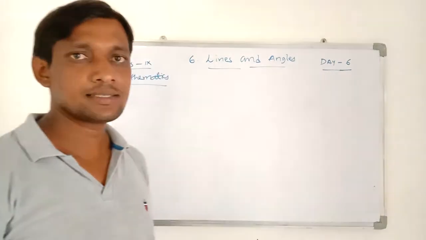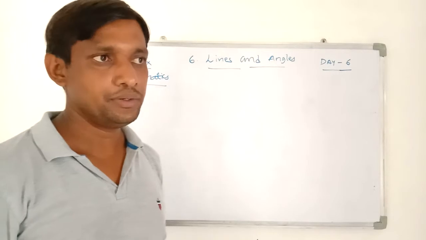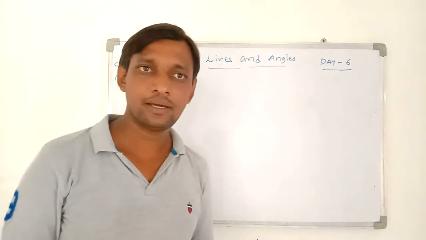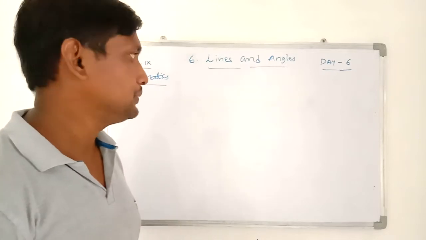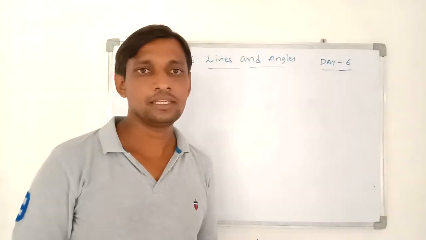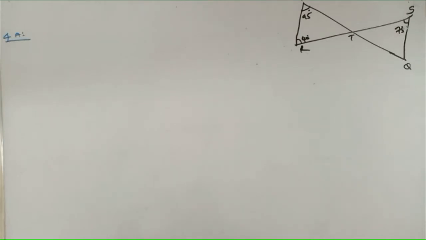In the previous class, we discussed problems on the angle sum property, how to find the angles in a triangle. Today also we will continue the problems on the theorem angle sum property. So see children, the next question is,